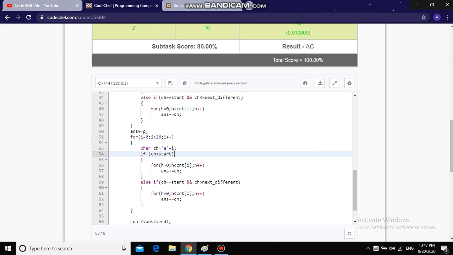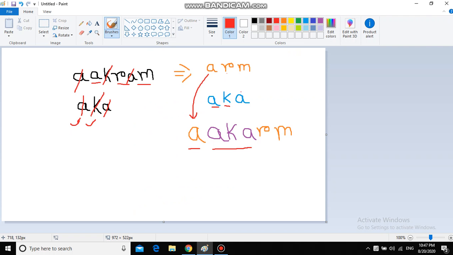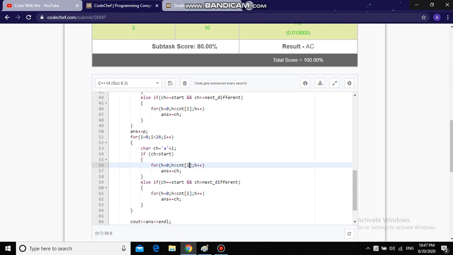If the character is greater than the starting character, then we will just simply add it. For example, suppose the starting character is A, and we are at R. R is greater than A, so we'll just simply add it into the final string. And how many times do we have to add it? We will add it count of i times. Count of i contains how many times that character occurred.